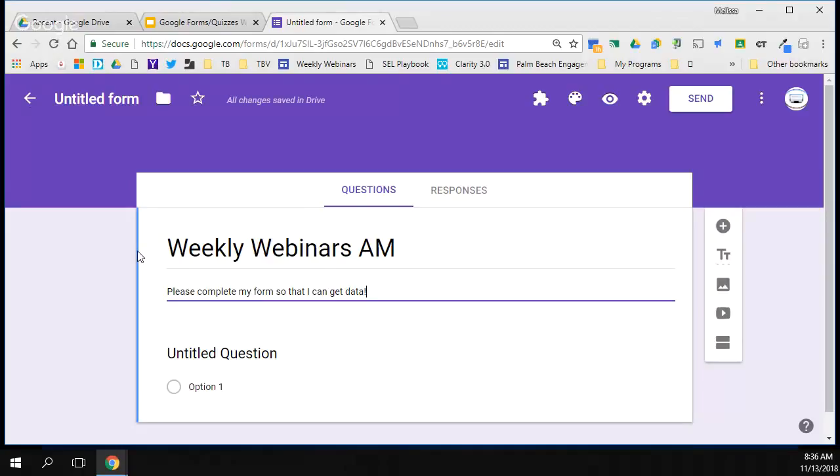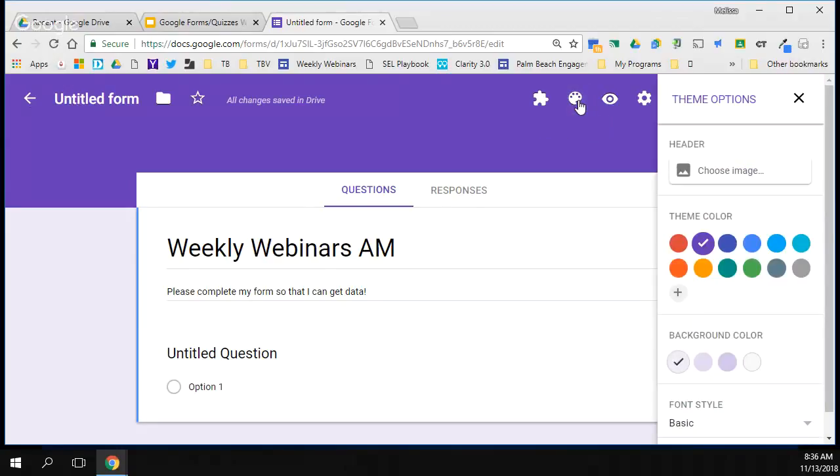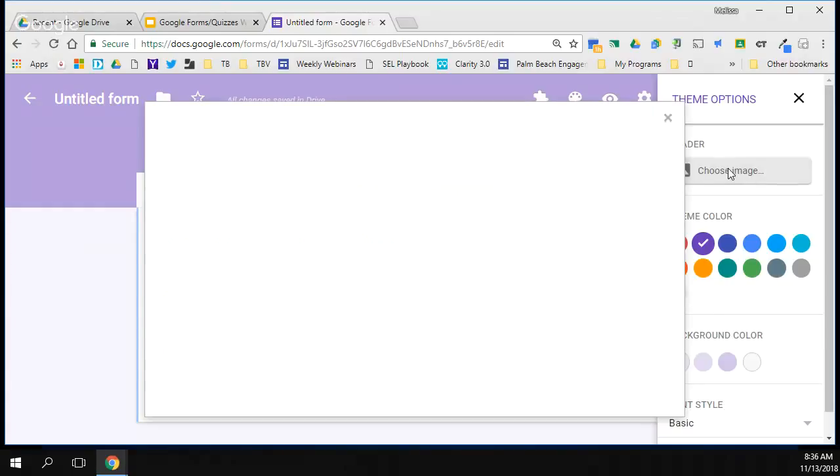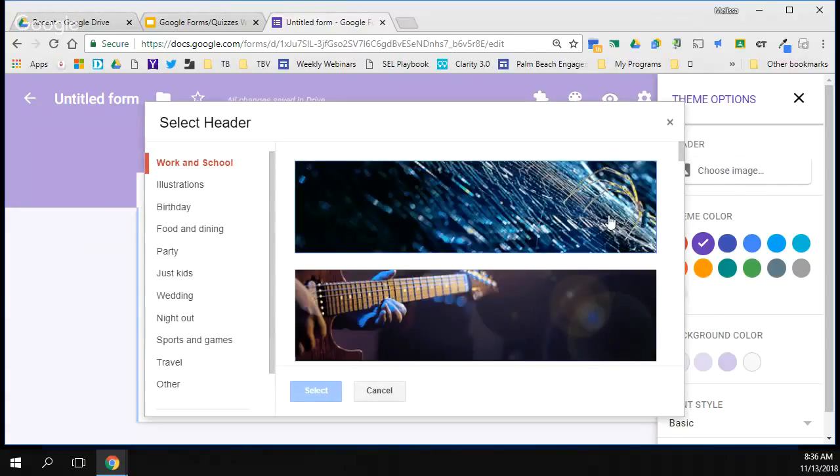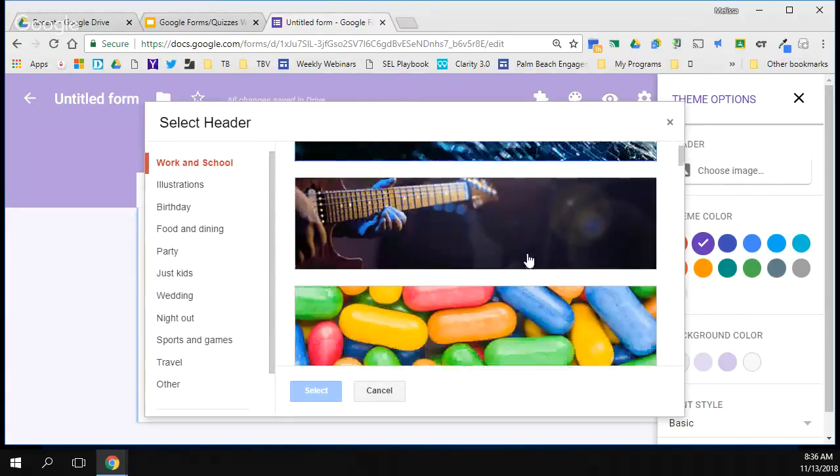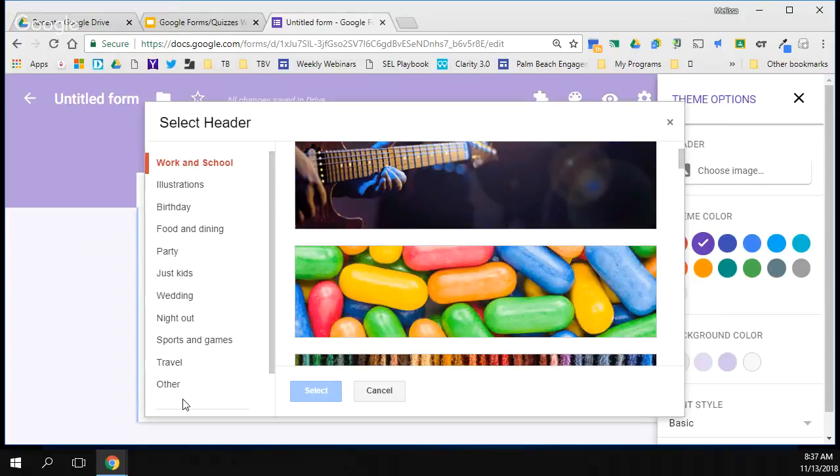So I don't know about you, but I like things to be pretty. I want to know if they're pretty. That just makes me want to fill them out when they look pretty. So up at the top, I'm going to go to that color palette where it says customize theme. So I'm going to click the color palette, and here are my theme options. I'm going to choose a header. So I'm going to choose an image for my header, and I'm going to choose, I believe if I click